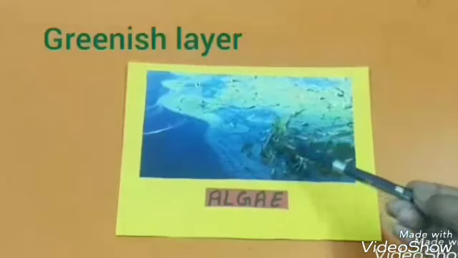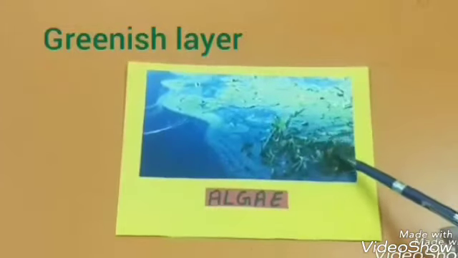Now children, let's talk about algae that are green in color. You know, children, wherever the water is stagnant, or you can say it is not moving and is standing at one point, for example in a bucket or in a puddle on the roadside, or kept in any container at home for a long time, in that kind of condition, a greenish layer grows on the surface, and this greenish layer is called algae.